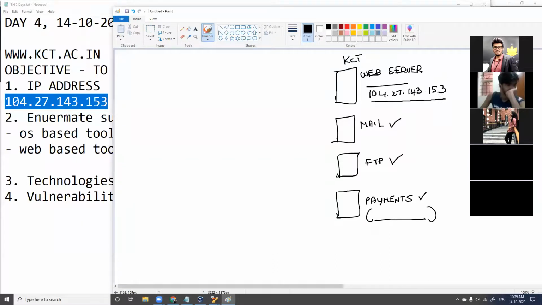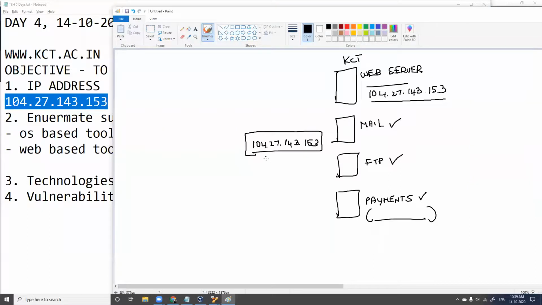If they are all hosted on a single IP address, 104.27.143.153, it means their network infrastructure is very weak.